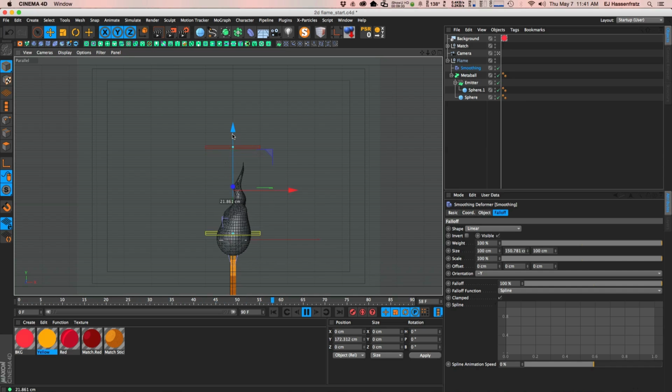And you can see that as I move this up, we're keeping intact our main large sphere down here that's making the bulk of the initial flame. And then the smoothing deformer starts to go to work on the spheres that are emitted and starts applying the 0 to 100% smoothness on our emitted spheres here. So you can see that this is really helping us go a long way. We even get this nice wispy effect, and this is even without adding any kind of